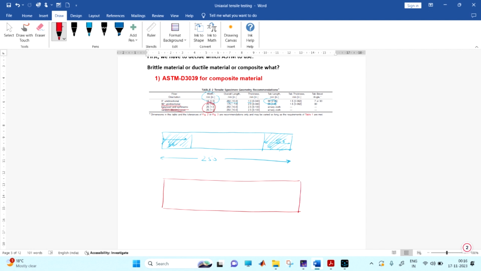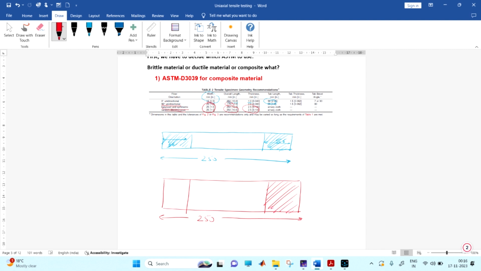While for 90 degree the overall length has decreased. For the other cases the two lengths are the same, so I am keeping the overall length the same. And we have to increase the thickness also, that is 2.5 mm. The tab length they have not mentioned, but generally we are taking it as 50 mm